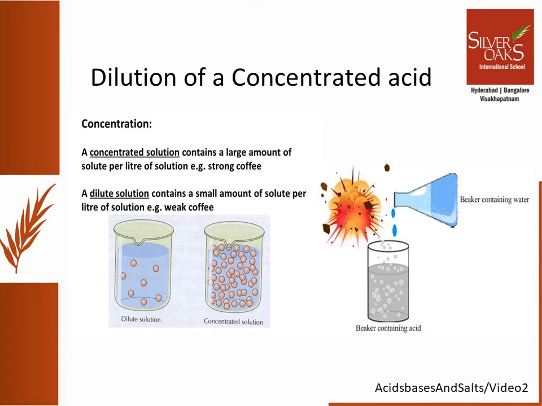If you see, we have taken a beaker containing acid and we are adding water drop by drop into it. So, what will happen? Yes, it will lead to a big explosion, a big splash, and maybe some acid can fall on your face or your eyes and you can get damaged. So surely this is not the safest way to convert a concentrated acid to a dilute acid. This happens because dilution of a concentrated acid is a highly exothermic process. So when we add water to the acid, it releases a lot of heat leading to splashing of the acid and maybe breaking of the glassware too.